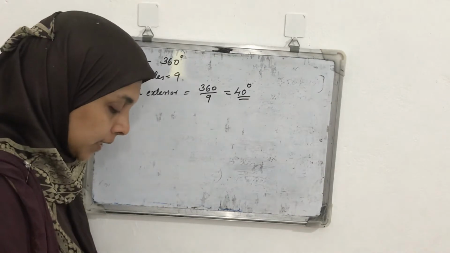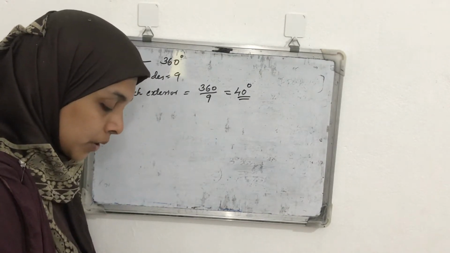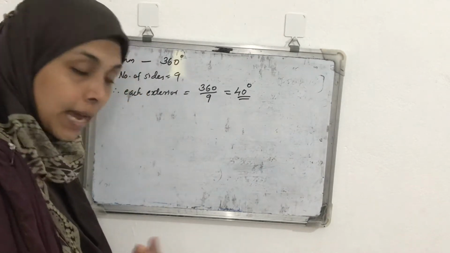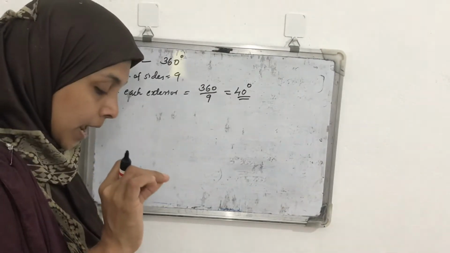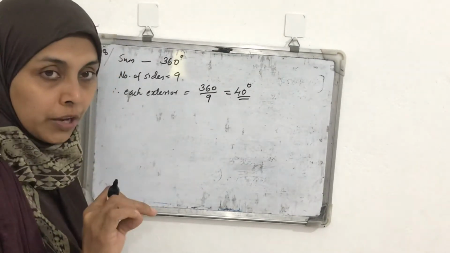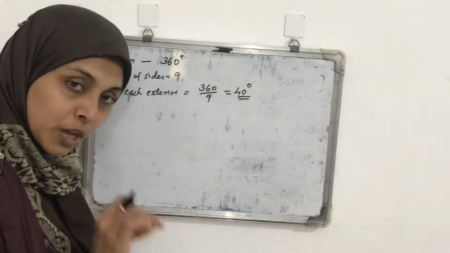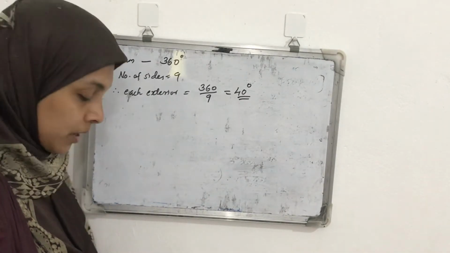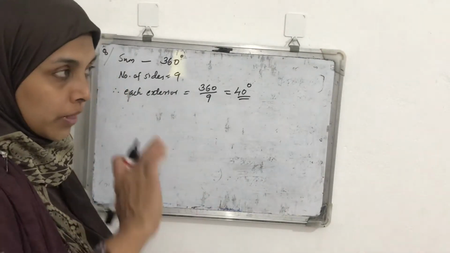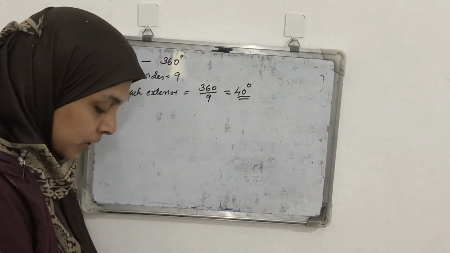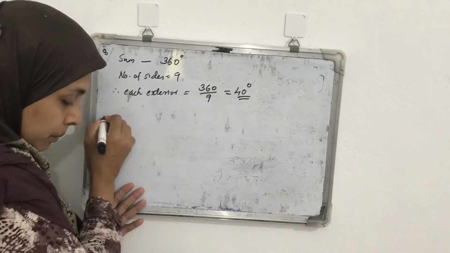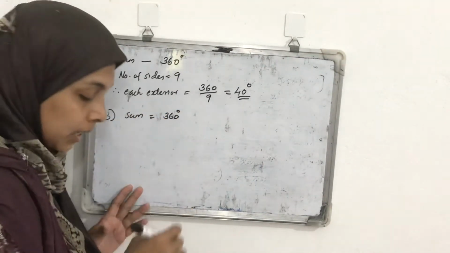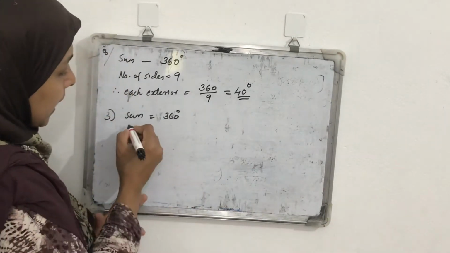How many sides does a regular polygon have if the measure of an exterior angle is 24 degree? Here each exterior angle is given as 24 degree and it is a regular polygon. Then how many sides will there be for that polygon? That is the question. So here also we know the sum of the full exterior angle will be 360 degree.